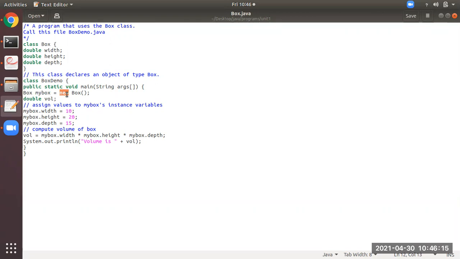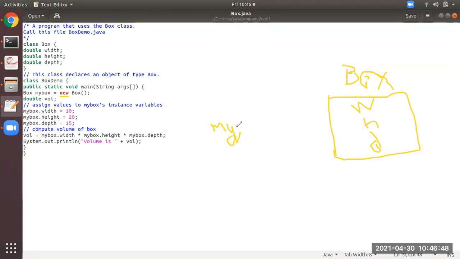So whenever the compiler sees the new operator, it will create one memory location in the memory, and to that memory, it will give the name Box, and in that it will have width, height, and depth. Okay, how? Because of this new operator. And who can access it? This object name what you have given in your program, mybox, can access it.